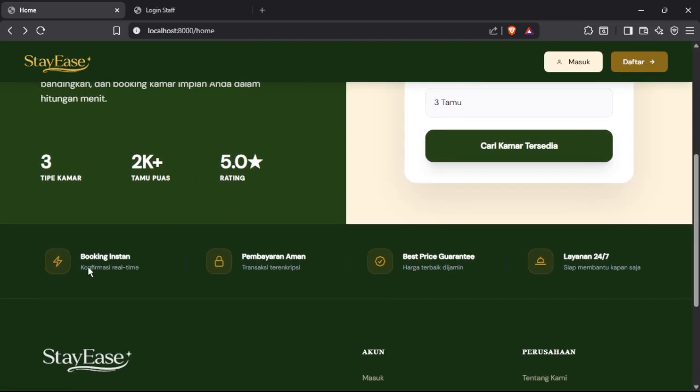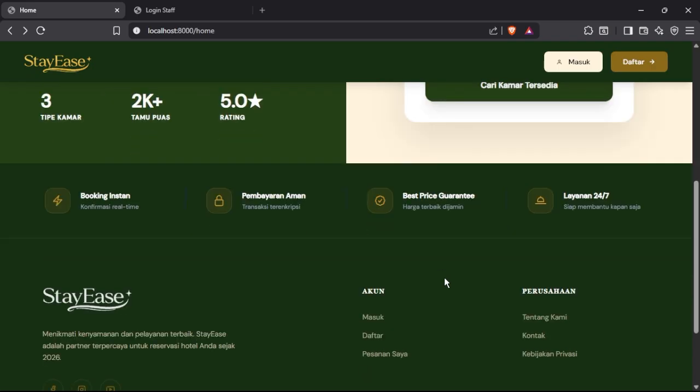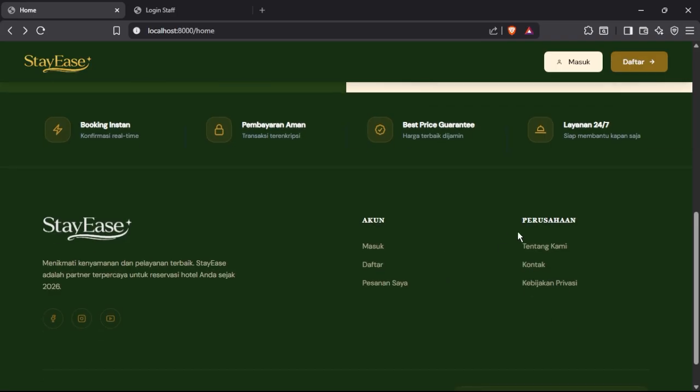There will be instant booking, safe payment, the best price guarantee, and 24-hour service. There is also a footer that explains about the company, the contact of the company, and the privacy policy.